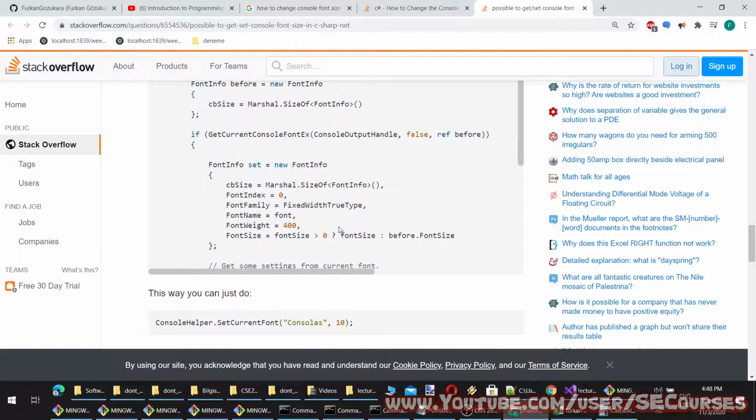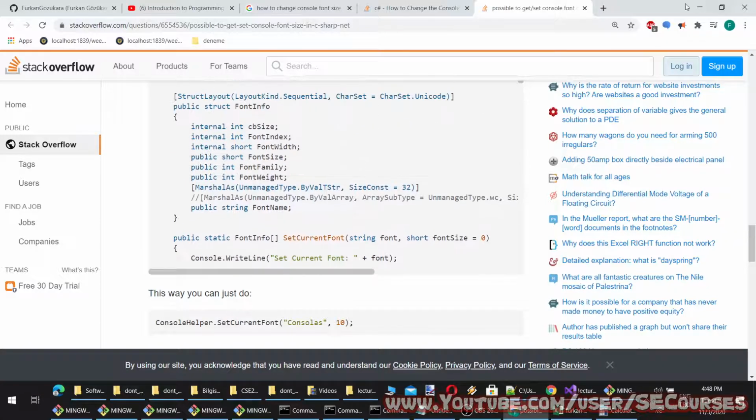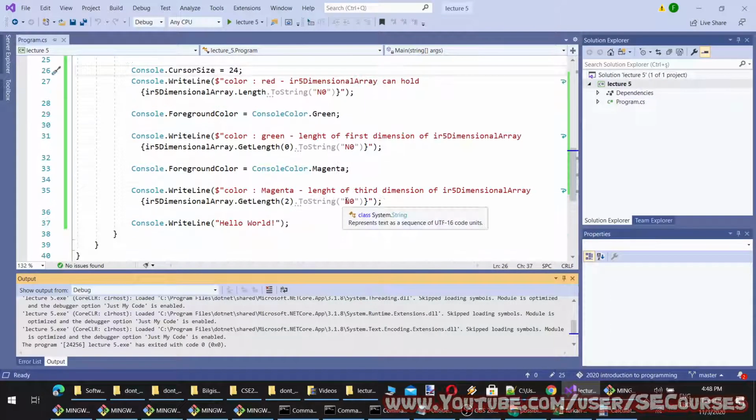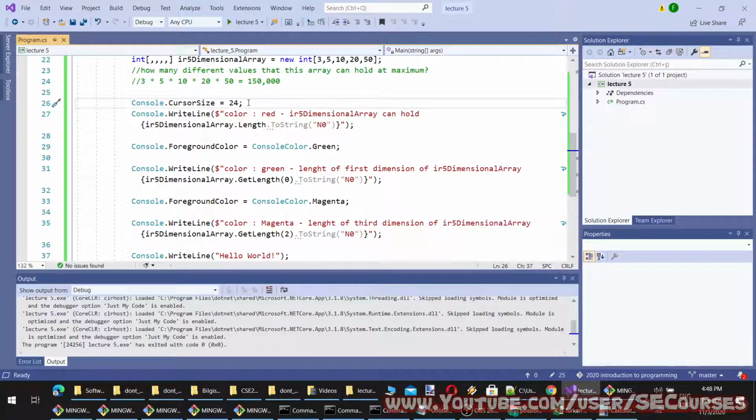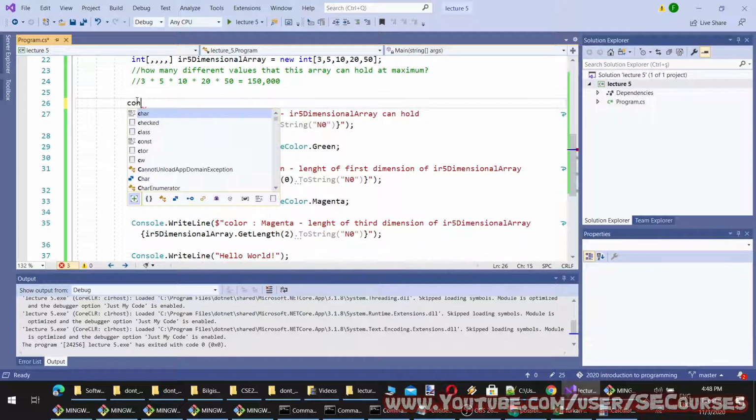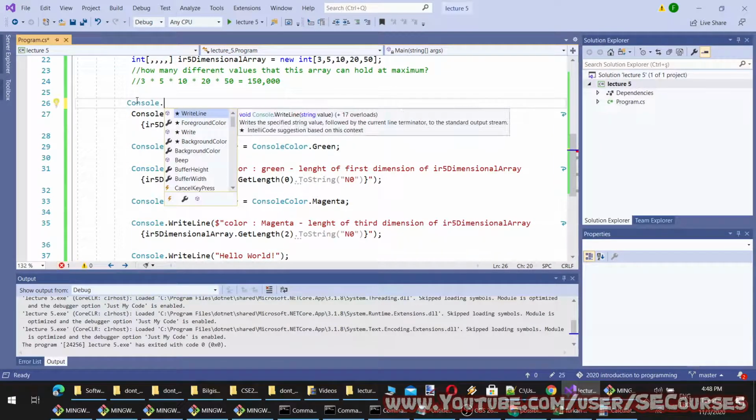Okay, looks like it is not that easy to change font size. Anyway, there are methods coded for it. So let's change another feature, attribute of the console.